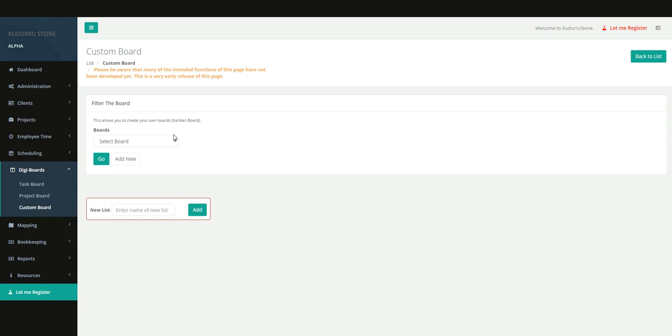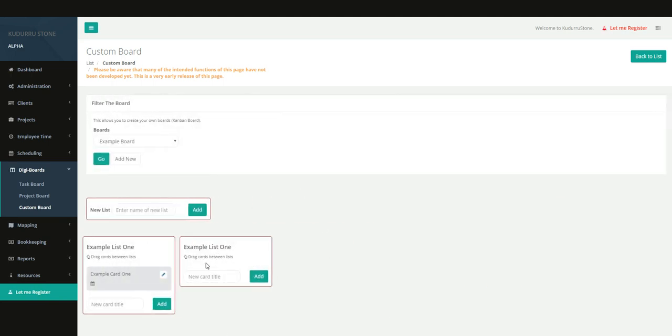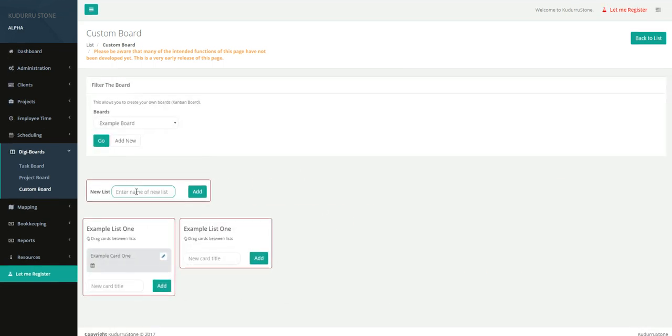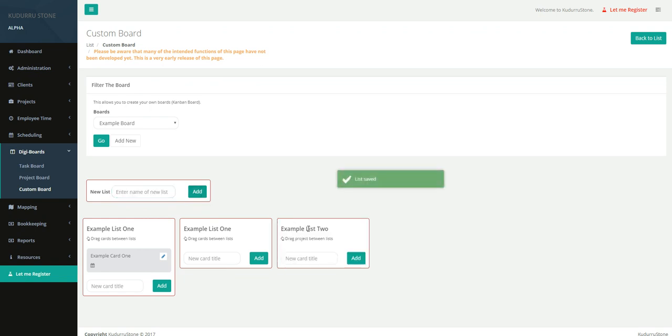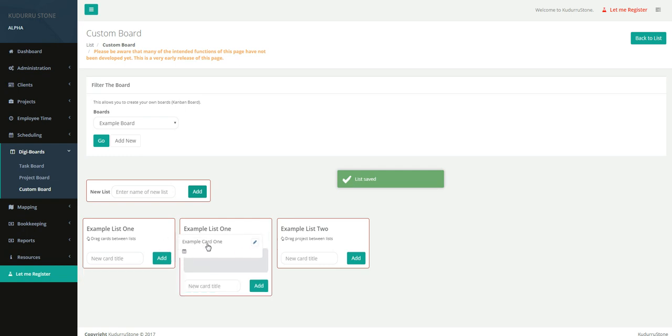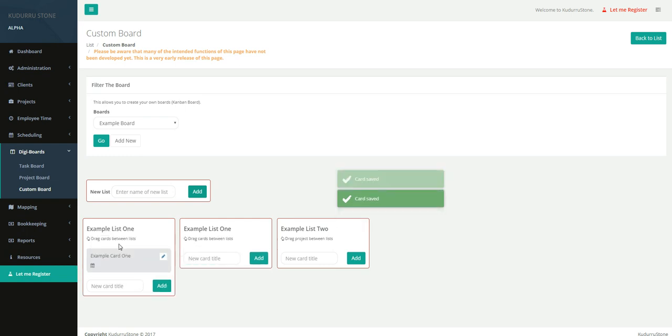We also have a custom board, and this is meant to allow you to create your own boards to do whatever you want. You can make any type of list you want. By adding a new list, you can type in any list in here, click add, and the new list would come up there. So for instance, if we type in example list 2 and click add, we now have an example list. So these lists are completely configurable. I can also move these cards from one to the next, or if I need to add in a new card,